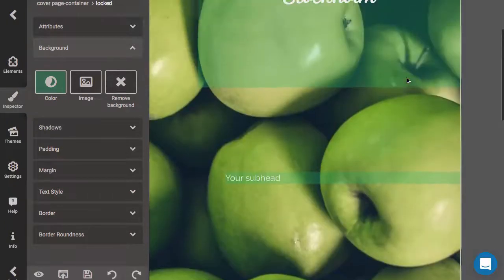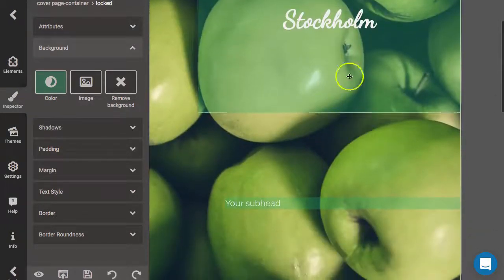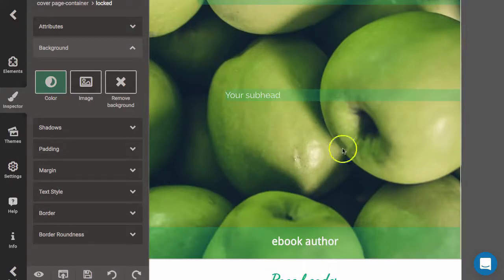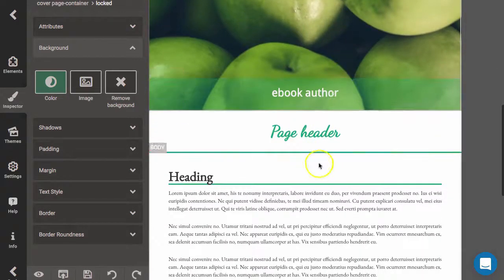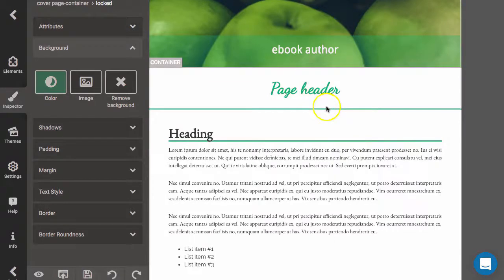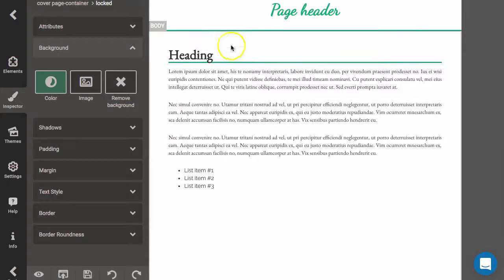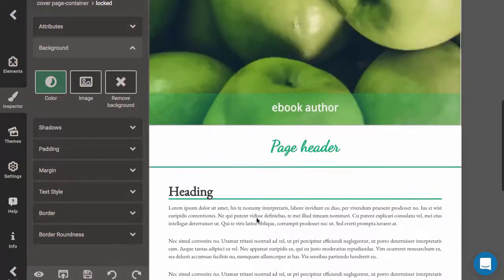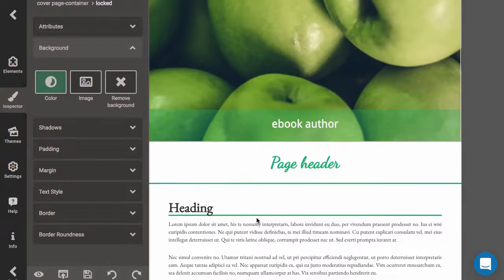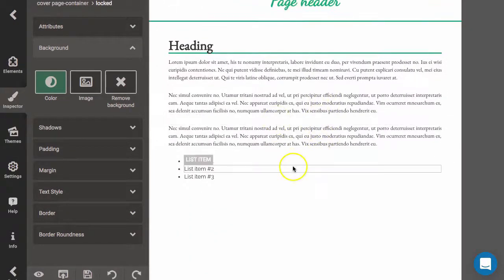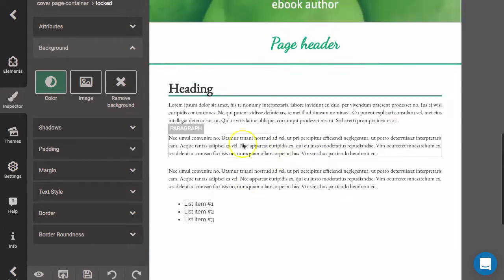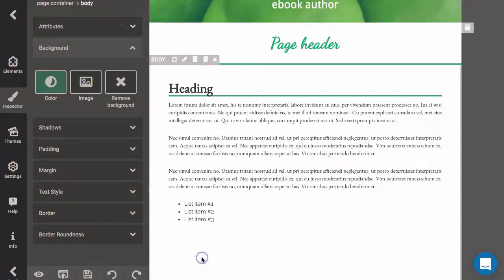Alright, cool. So we've got a header, we've got a styled title, we've got new fonts, we've got a subheader, we've got the author. We've now got really nicely styled page headers, page footers, lists, and a new font. So that completes this video. That's really just to show you what the capabilities are when you're creating your ebooks in terms of styling, and how quick and easy it is to create templates, especially if you're an agency, because what you can do now is just save that and make it a template for any of your future